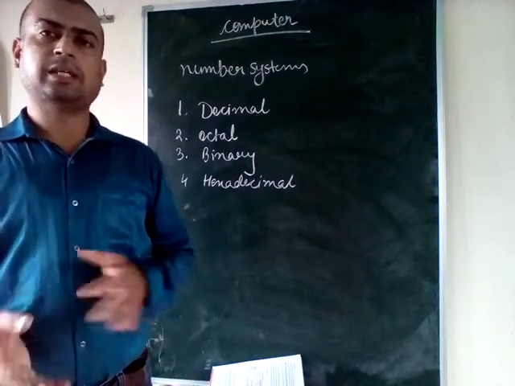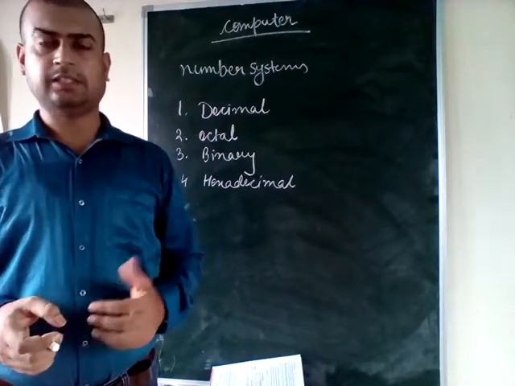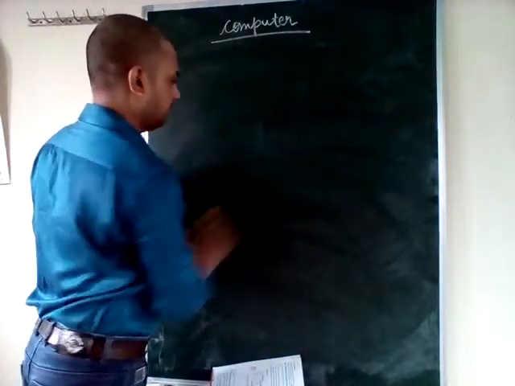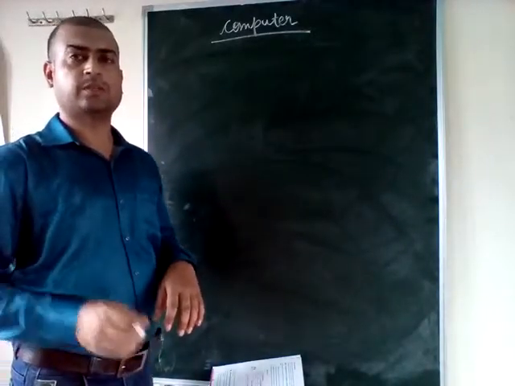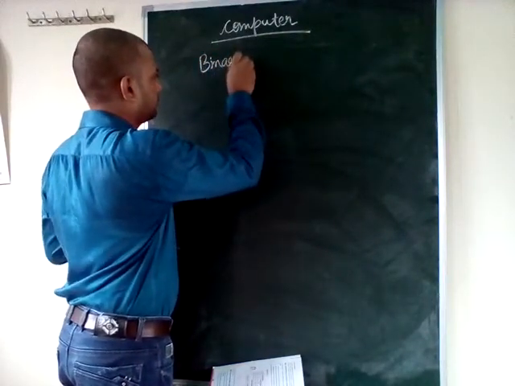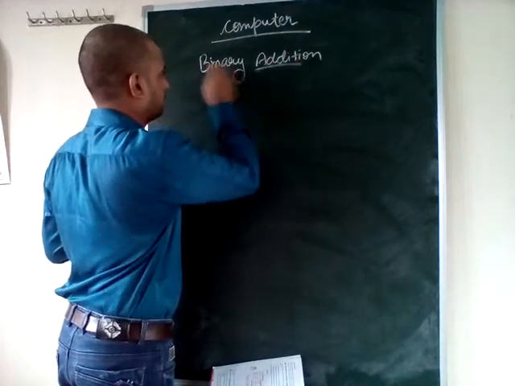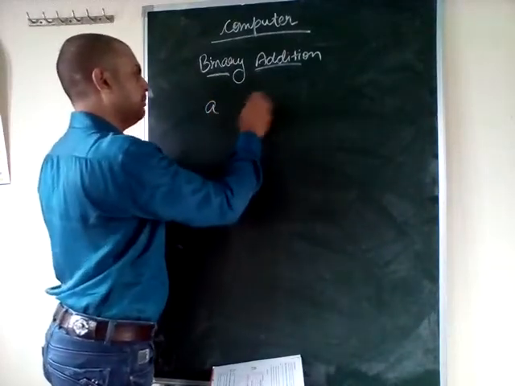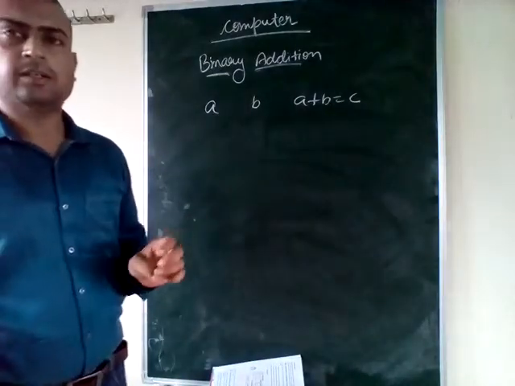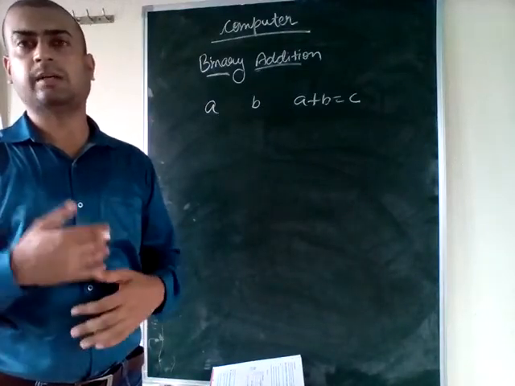We have discussed what is base, and what the integers included in each are. Now today I am going to discuss addition, meaning binary addition. For binary addition there are certain rules, one table that we must know. A, B, A plus B is equal to C. A and B are the possible values, and I am representing what the outcome will be.